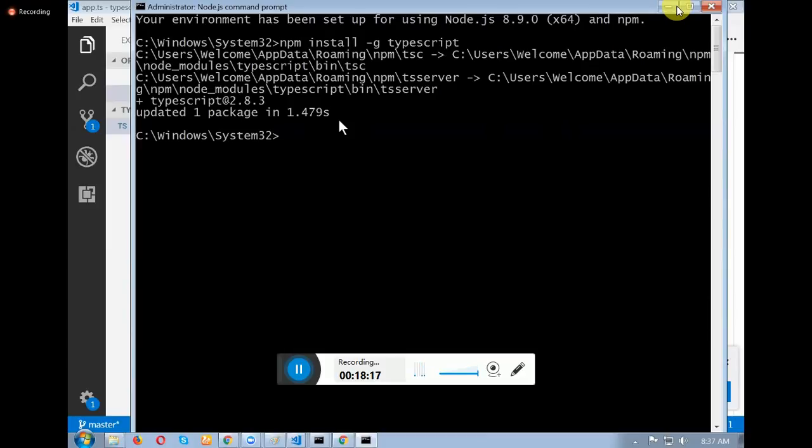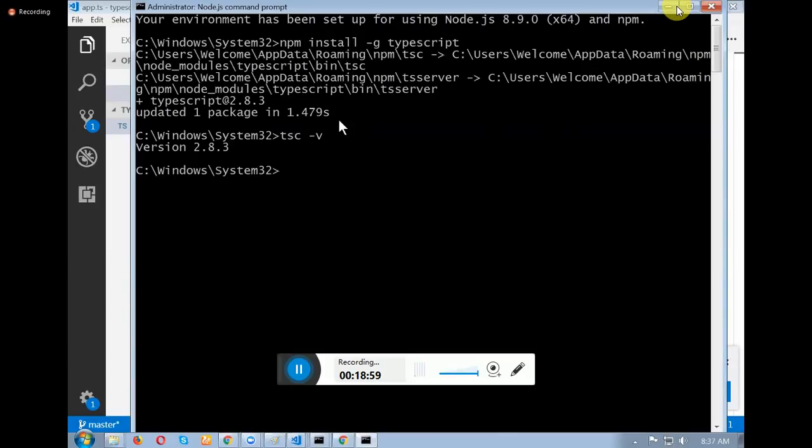Okay. Please note down. To verify the version of the TypeScript, please run the command tsc, everything in small, tsc space -v.